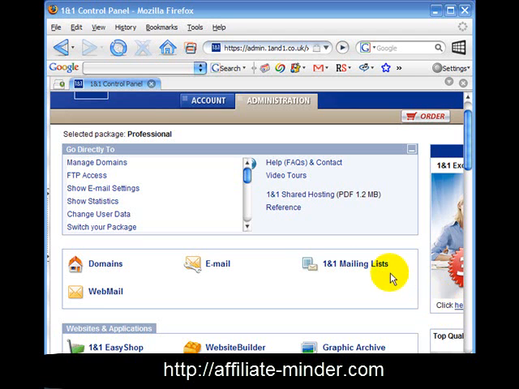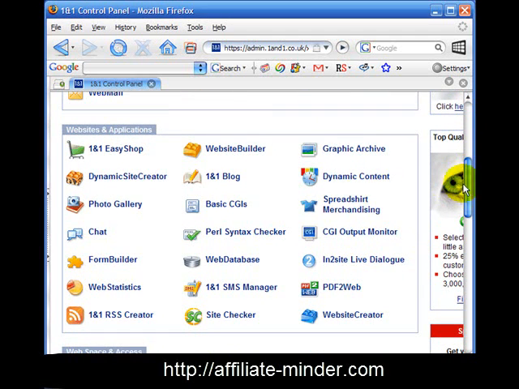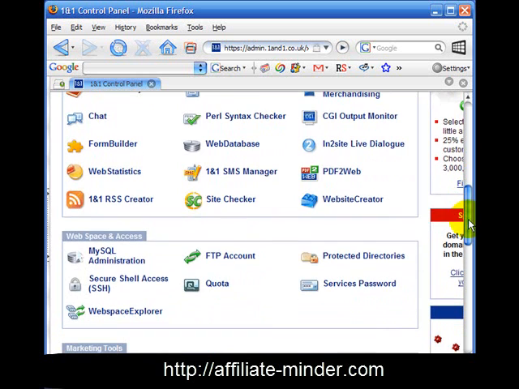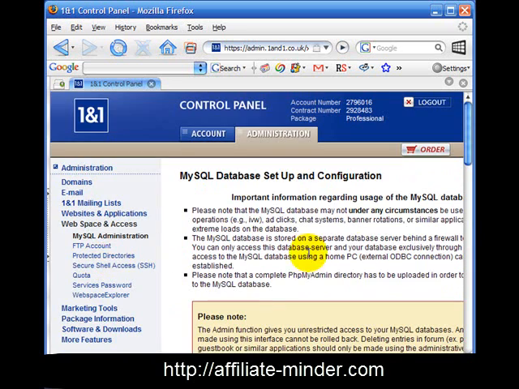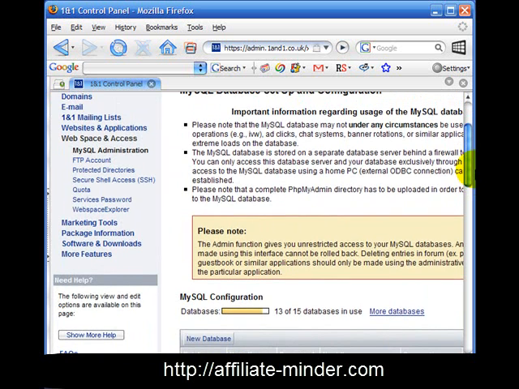So I've logged in here to my 1&1 web hosting account. You are going to need to have a look at your own hosting account and see where and how you can set up a MySQL database, but I'll show you how to do it in 1&1. Now I want to go down until I find the MySQL administration, which is here, and click on that. And then when this page opens, I want to go down and click on New Database,